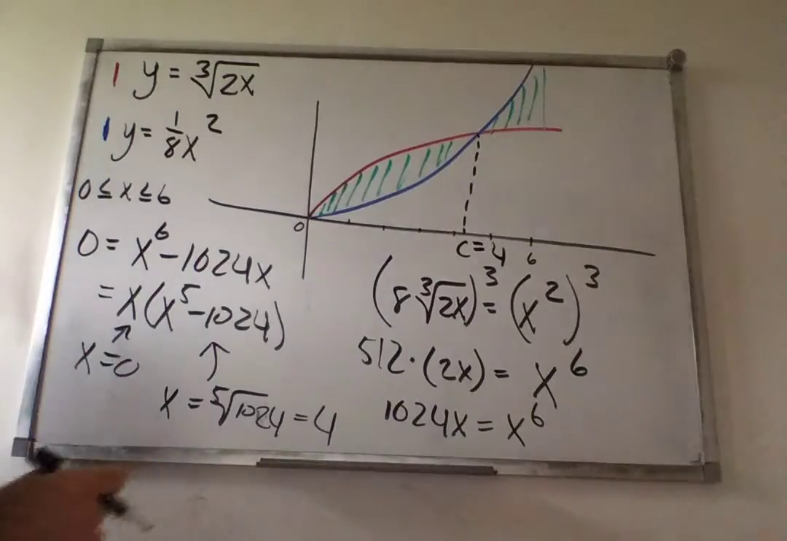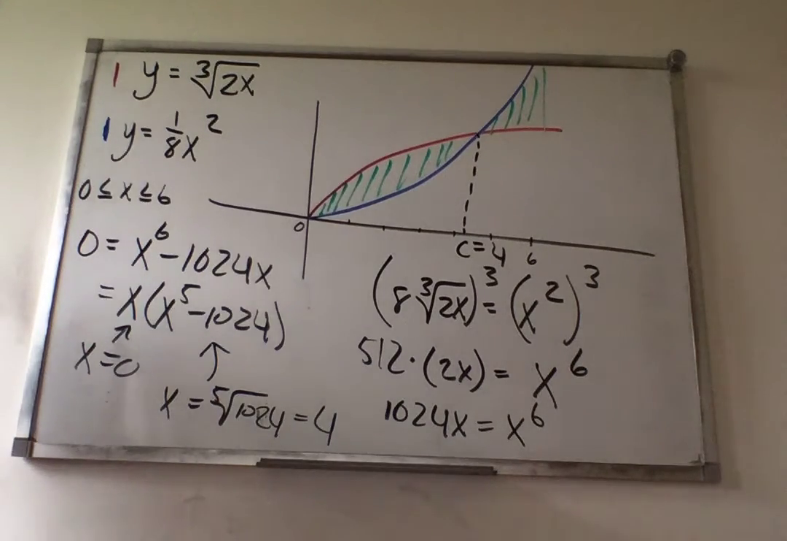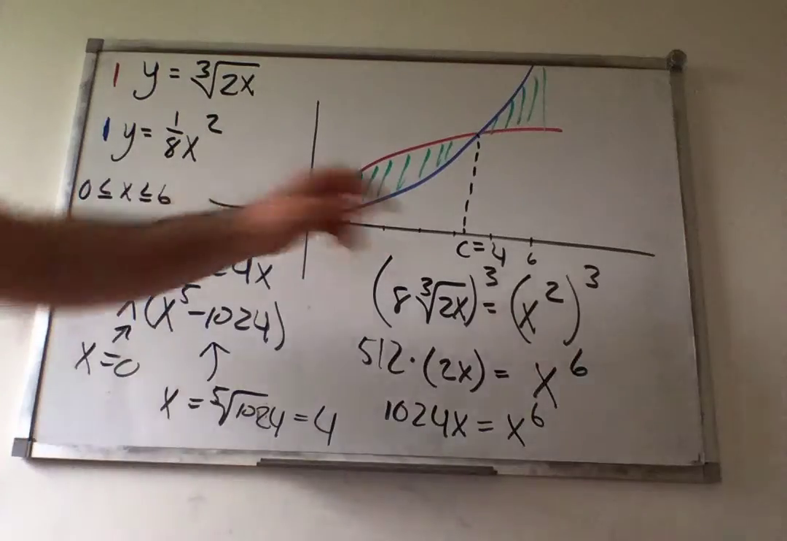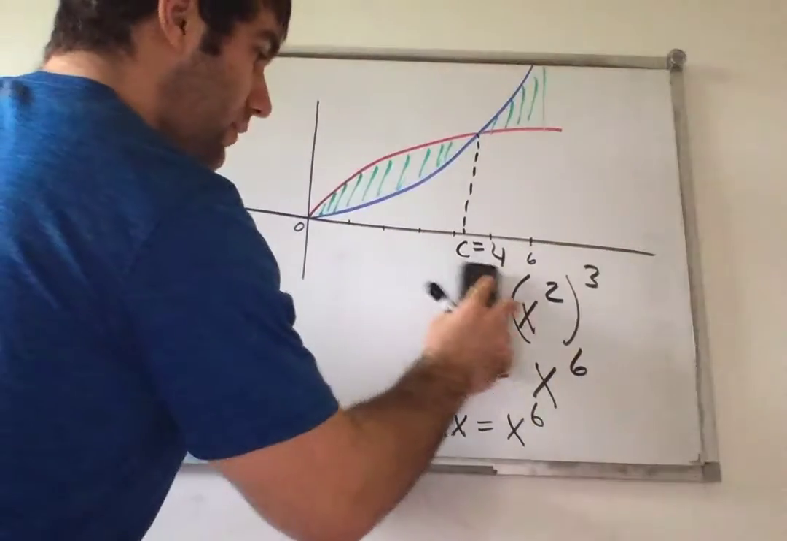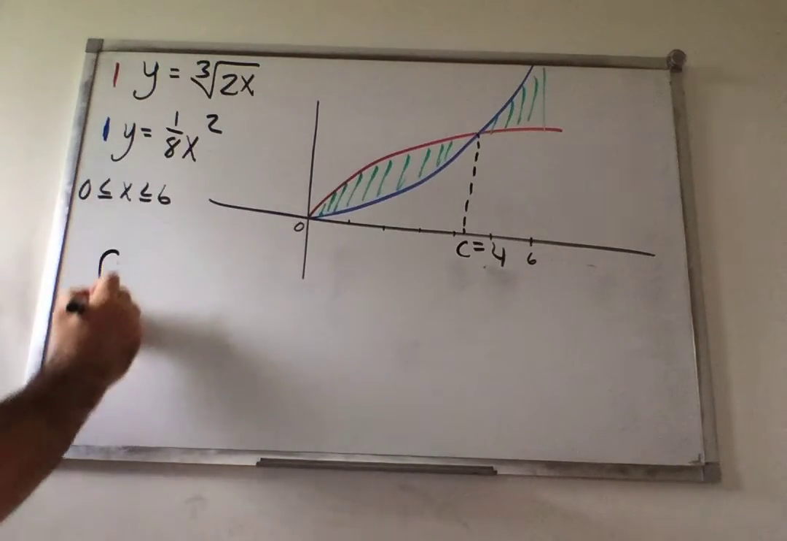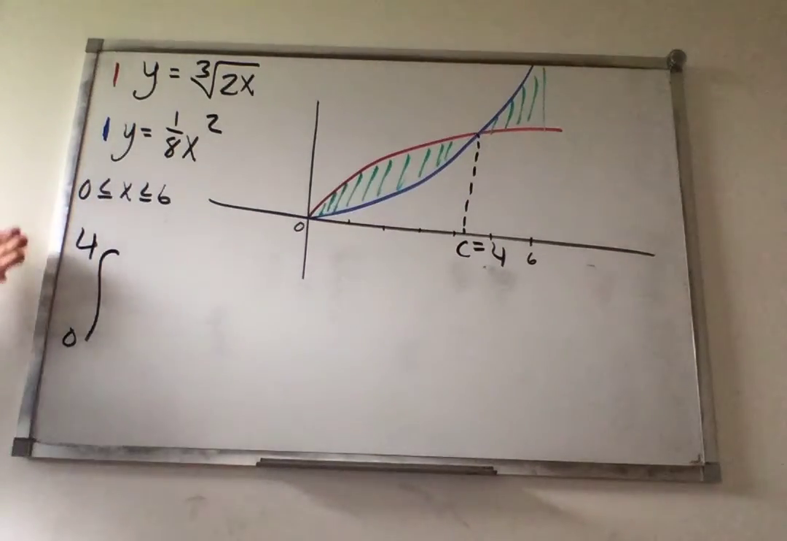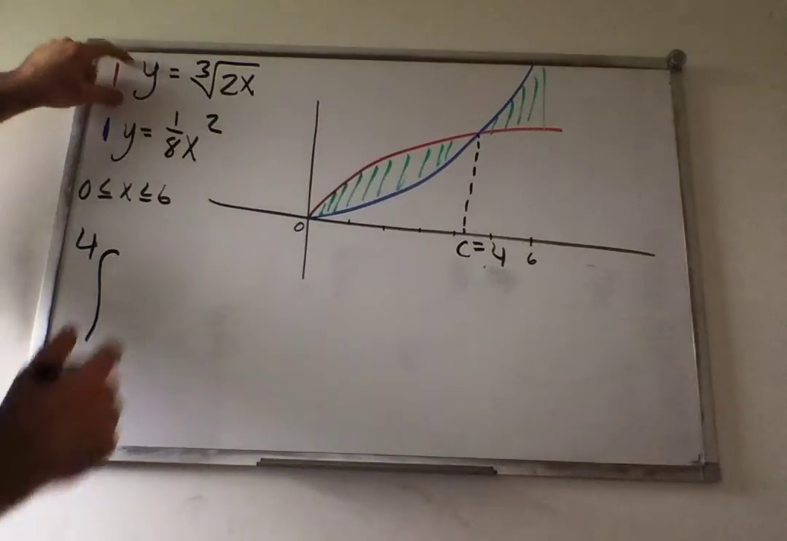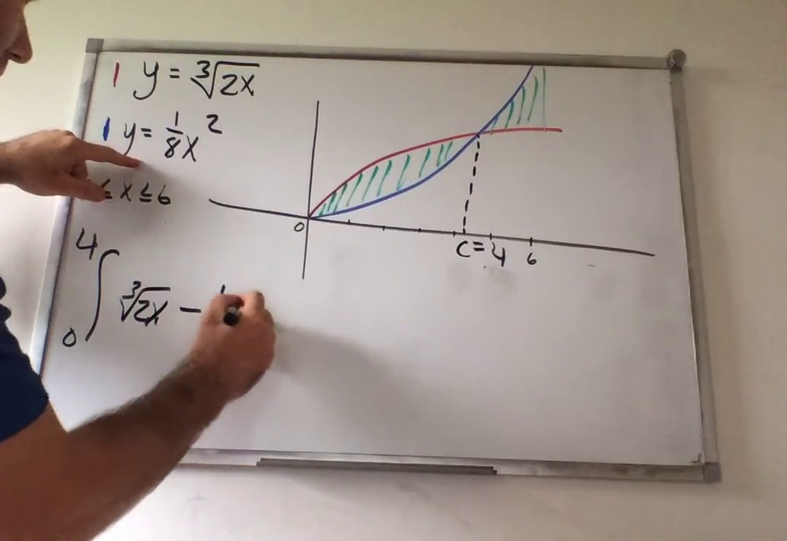Now on my graph, it doesn't land exactly on 4. That's because I freehanded it. If you look on the calculator, you definitely see it equals 4. So now we know what C is equal to. We no longer need this. No longer need that. Now we can write our integrals. So the first integral is going to be from 0 to 4. Now we're going to do the upper function minus the lower function. The red function, cube root of 2x, minus the lower function, 1/8 x squared